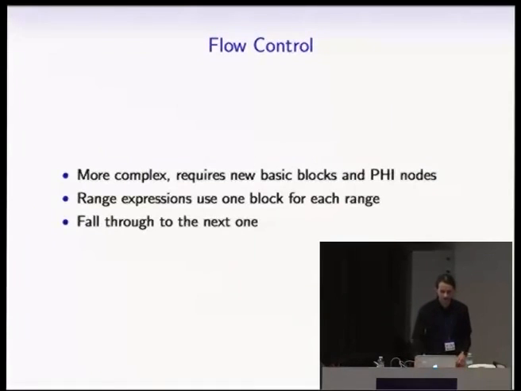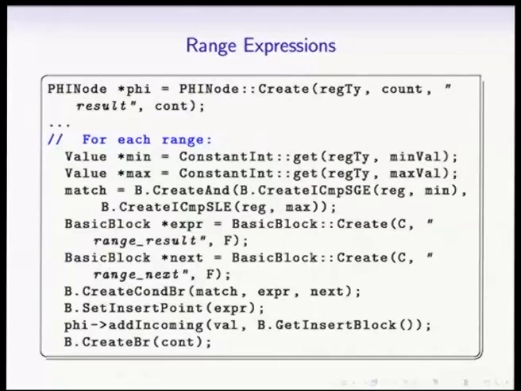Flow control is a little bit more complicated, so I'm going to ignore the neighbors instruction. If you want to look at that in the code, feel free, but I'll go through the range instruction. This is creating a phi node which has one predecessor for each of the range statements that we have in this expression. For each one in the block, I had to omit the loop because it didn't quite fit on the slide, we first of all get the minimum and maximum values specified for the range as constants, because they are constants in the source code.